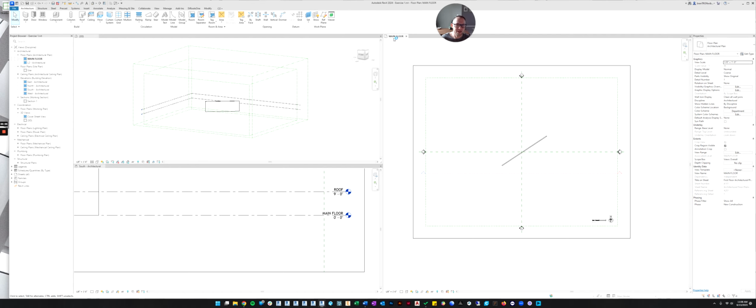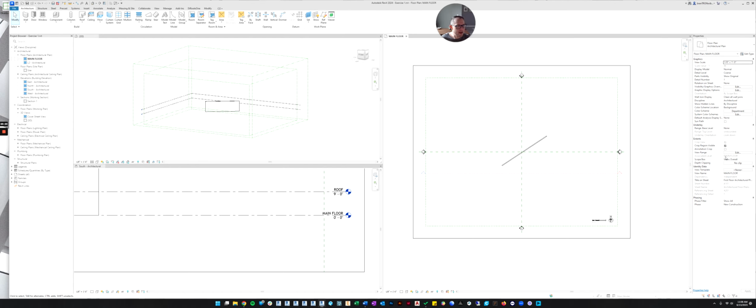So if I've only selected the view, it's showing me floor plan. You can tell what you've selected by seeing that it's the floor plan. And if you go to the extents section, there's a little thing in gray that says associated level.